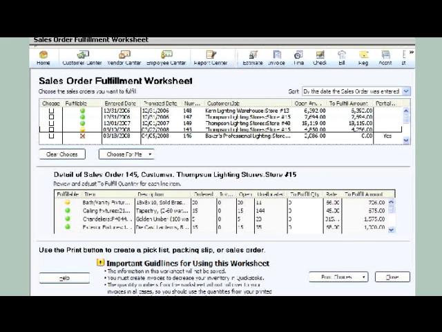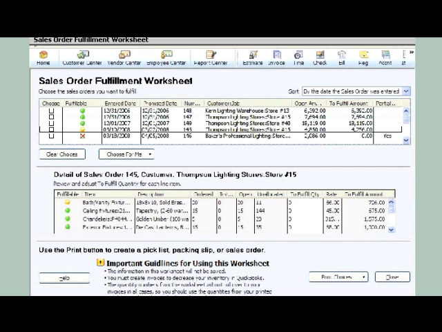If you choose to partially fulfill an order, just shipping what you have right now, the Sales Order Fulfillment Worksheet helps you track the process to ensure that the entire order gets fulfilled in a timely manner. The worksheet starts by helping you see the revenue that you'll realize by partially fulfilling an order. This number is contained in the To Fulfill Amount columns of the top and bottom tables. You can contrast this number with the open order amount to help you calculate the value of partially fulfilling the